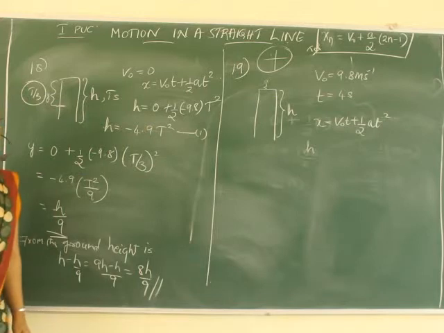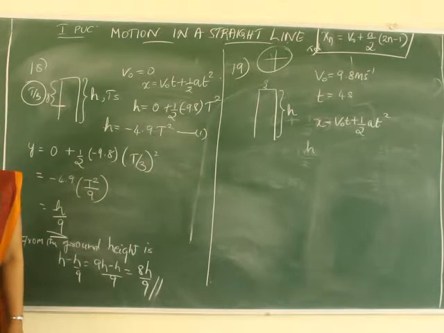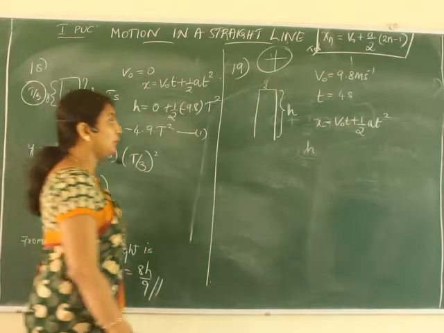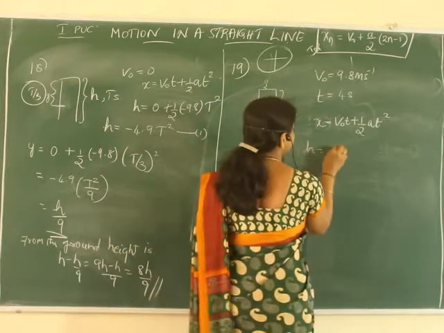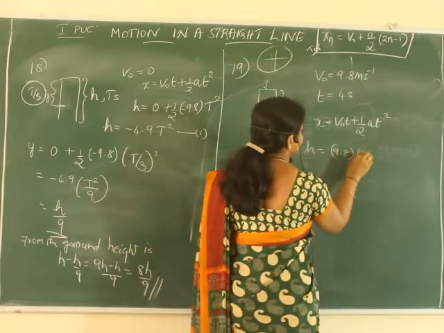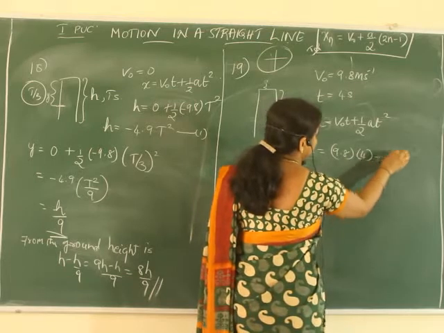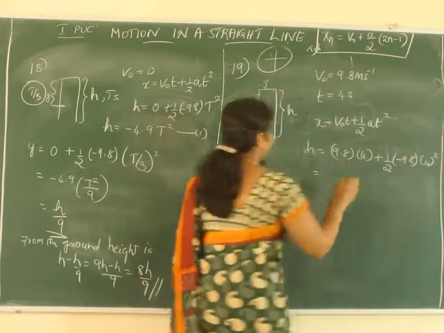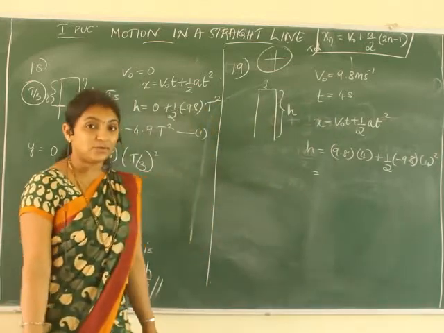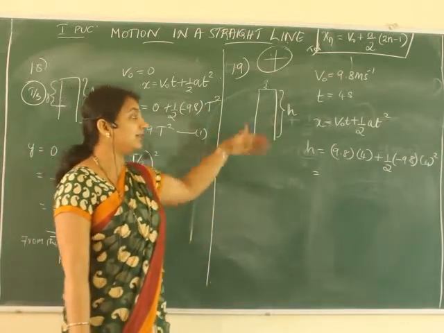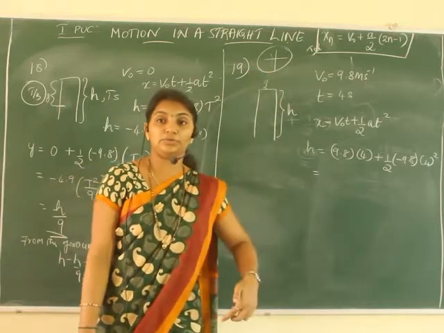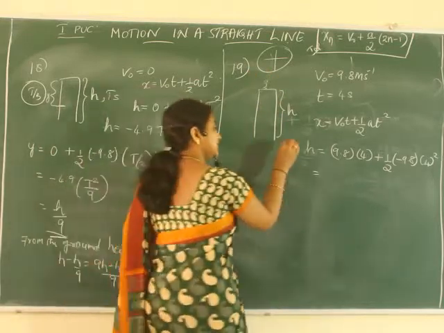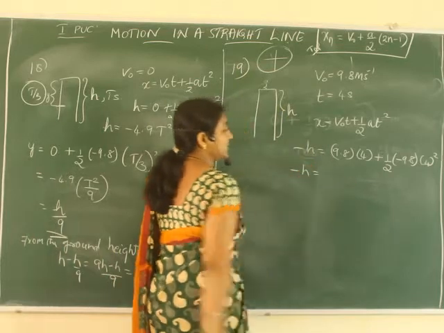So h is equal to the initial velocity 9.8 into time 4 seconds, minus half into 9.8 into 4 square. What about the h? Is it positive or negative? The height we will measure from the top to the ground. So it is minus. So minus h is equal to,